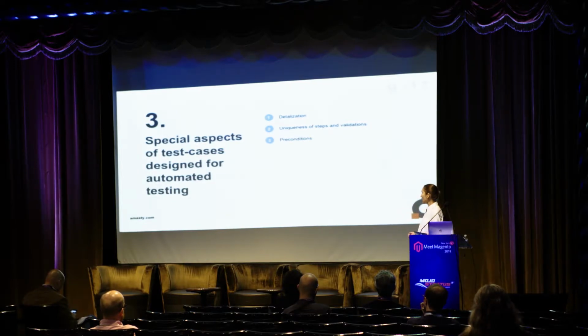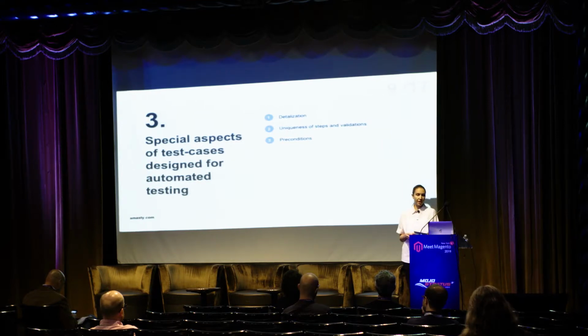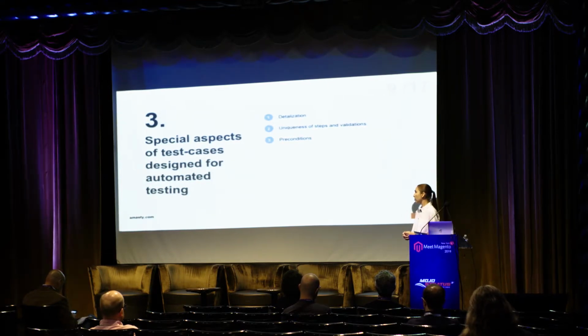Test cases should contain preconditions. Preconditions are a list of actions that result in a status that is suitable for running the main test. While testing manually, we barely think about test execution preconditions, but they are crucial for automation. Let's analyze an example. We have a test case on product editing, and we would choose any product and edit